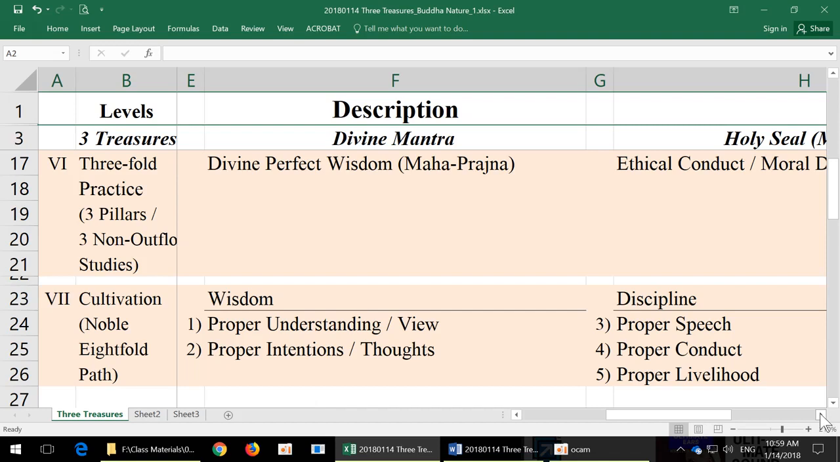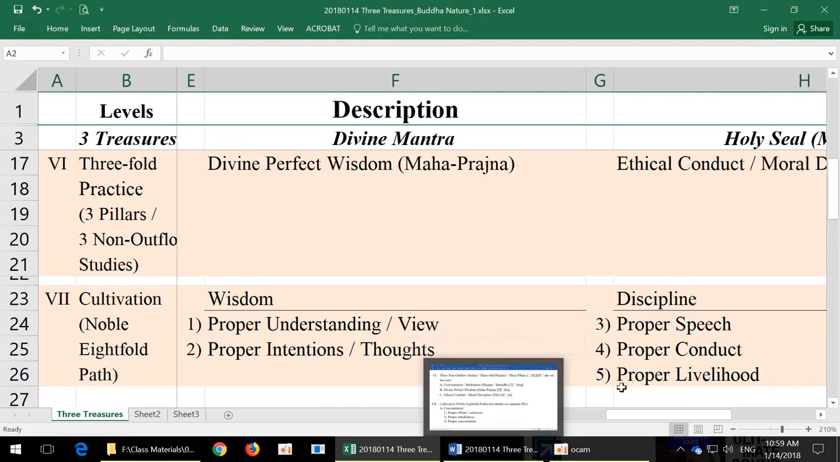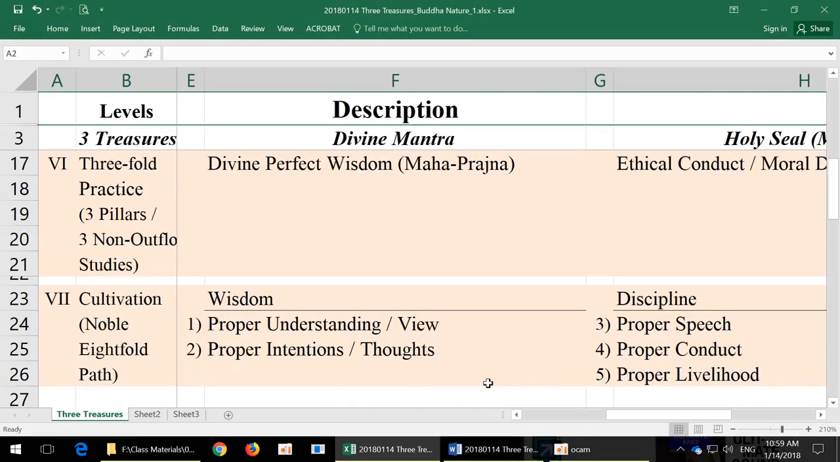And then column C, under discipline, is what? It's numbers 3, 4, 5 of the Noble Eightfold Path, which is what? Proper speech, proper conduct, proper livelihood. Right? 正言, 正行, 正命, and 正业. All right? Those are all under the discipline category. So now, from now on, I've kind of connected the dots, or linked, between the 3 treasures,